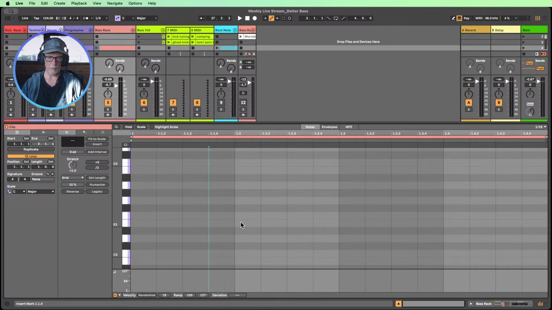And if we go 4, Control 4 or Command, we switch the grid off, which is great when you want to move things around without getting trapped by snapping to the grid. So 4 turns that on and off, 3 turns the triplet grid on.